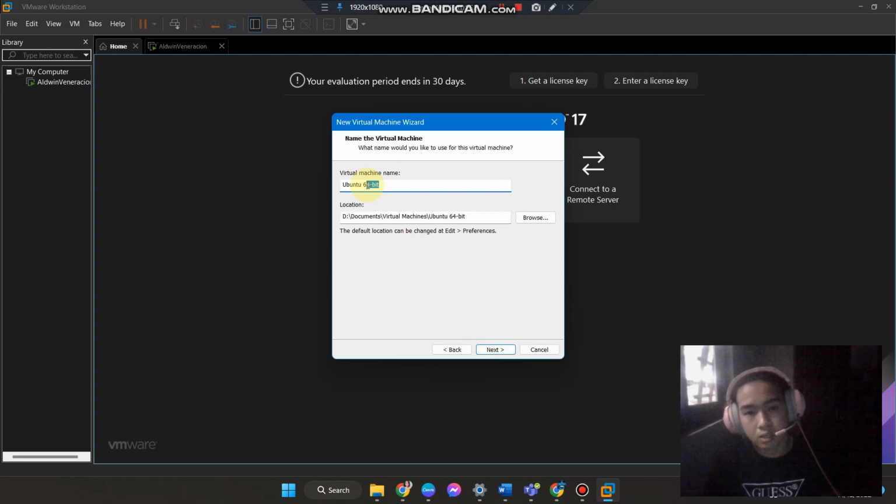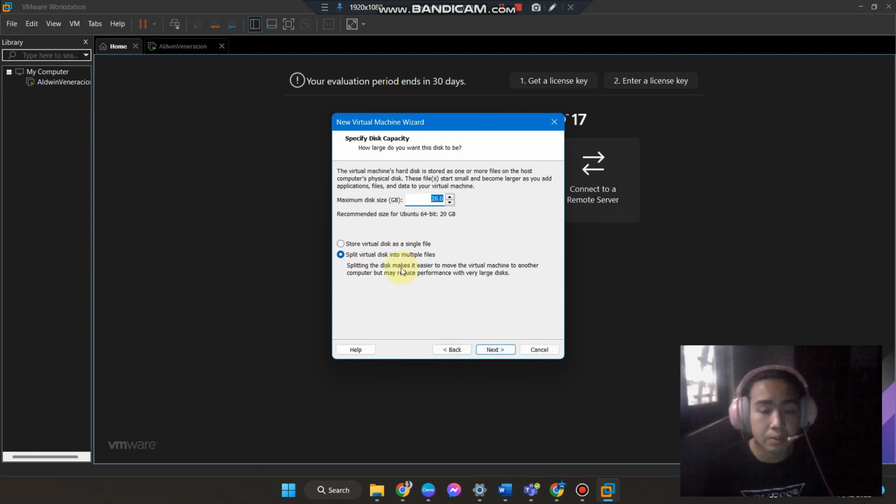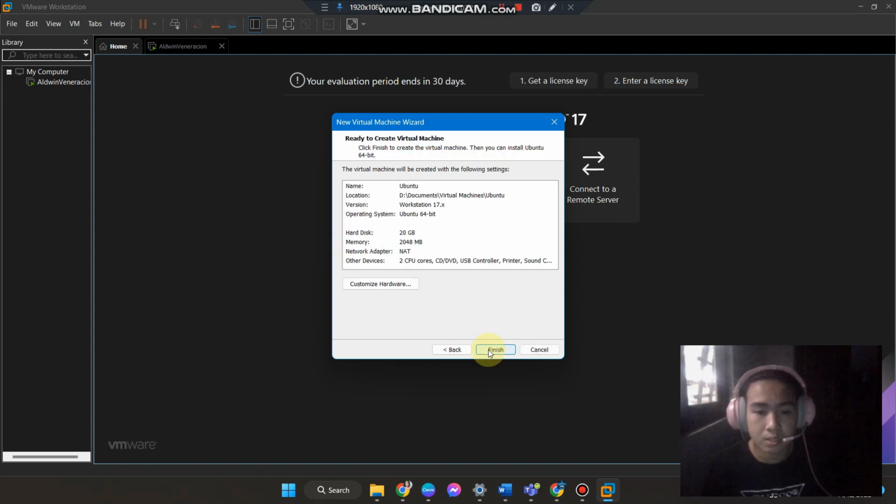Then change the virtual machine name, next, and the maximum disk size I will not change it, and then choose store virtual disk as single file, then next, then click the customize hardware,